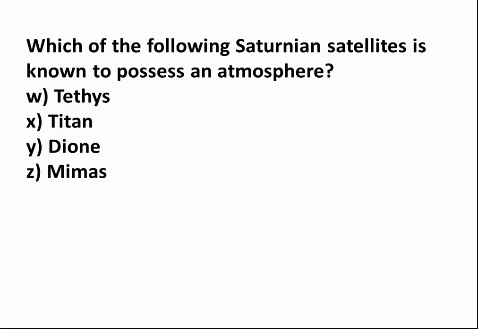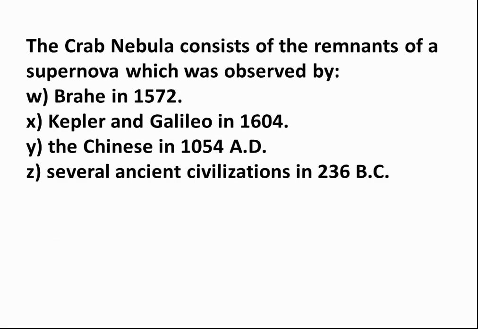Which of the following Saturnian satellites is known to possess an atmosphere? W. Tethys. X. Titan. Y. Dione. Z. Mimas. Answer: X. Titan. The Crab Nebula consists of the remnants of a supernova which was observed by